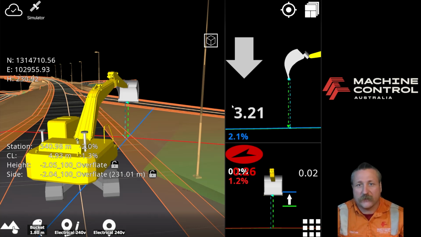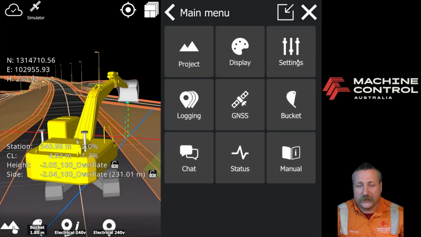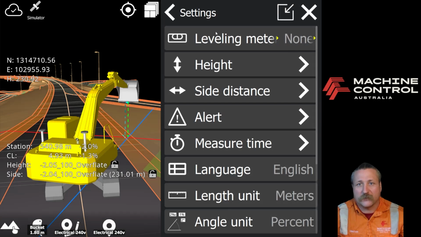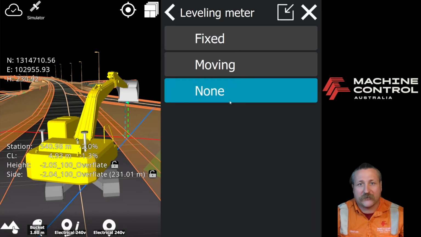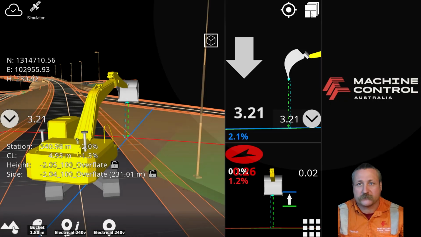So let's go down to our main menu here. We hit settings. We now come to leveling meter. So leveling meter is going to enable our bucket corners. At the moment none is enabled. If we select fixed, we'll be able to have a look at the fixed setting and then we'll look at the moving setting. So if we come to fixed and then we close the menu, you can now see that